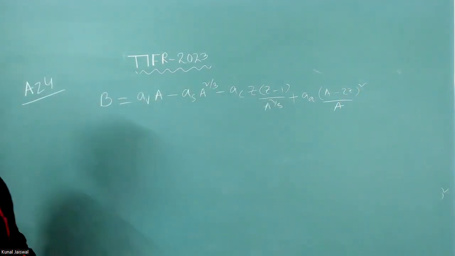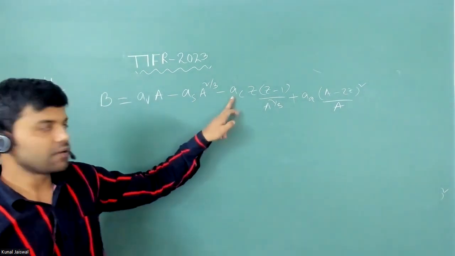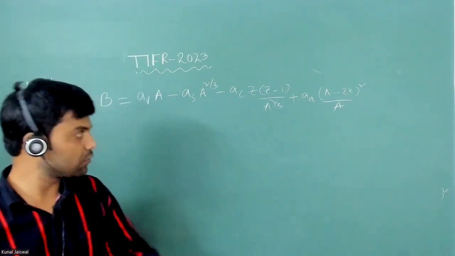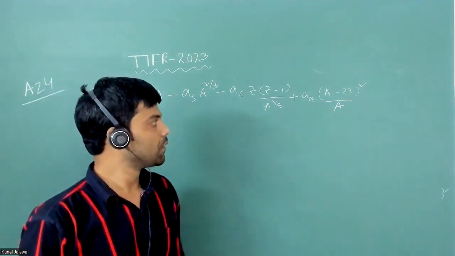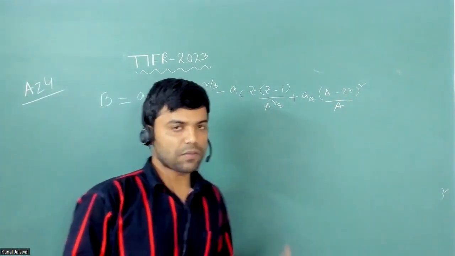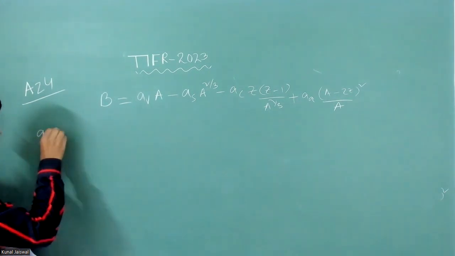AV is the volume energy coefficient, AS is the surface energy coefficient, and AC is the Coulomb energy coefficient. In general, this term is taken with a minus sign, but in this question it is given as plus. A is the mass number and Z is the atomic number. So this is the binding energy formula. In fact, they have provided the coefficients. AV is given as